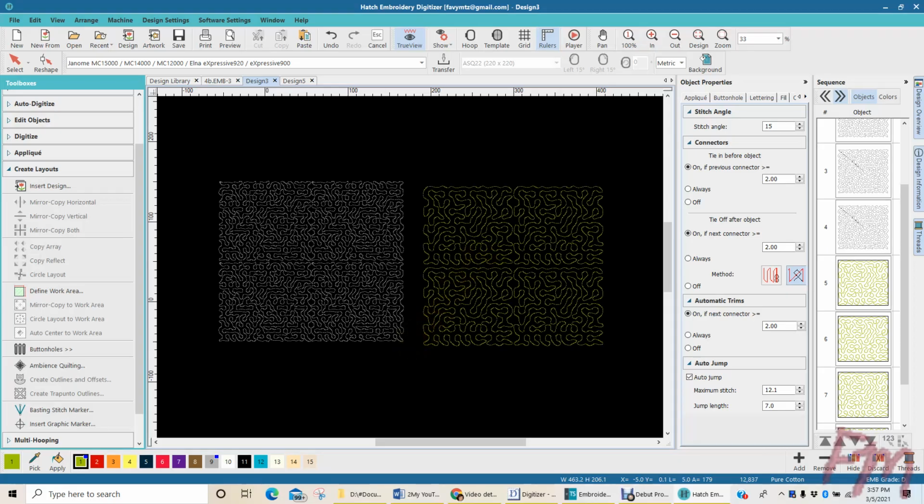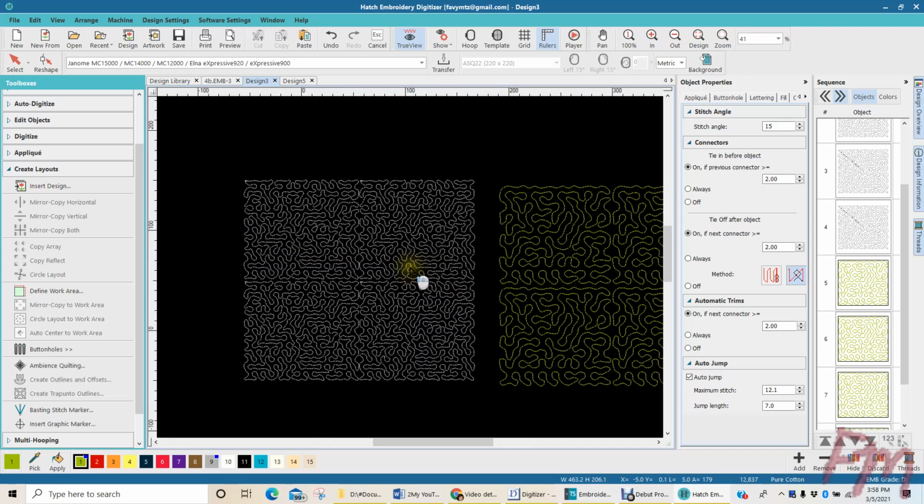So this is a demonstration about how we can alter a stipple fill that we have created in a digitizing program. What I'm working with right now is my Hatch program. You can see that I've got basically 4 blocks of stipple fill that I have positioned side by side using my array tool, just so that I can get an idea of how this block of stipple fill will look if I tried to stitch it side by side over and over and over again to fill up a piece